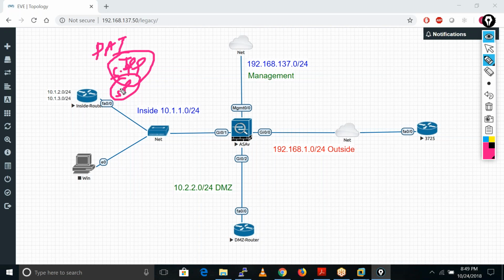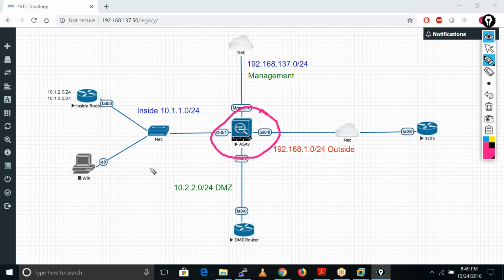I have one more question. Suppose you have a home router, all these features are done by the home router, correct? Not the home router. These features are done by the firewall only, because our firewall is designed for NAT and ACLs, doing these two things in a very controlled way.